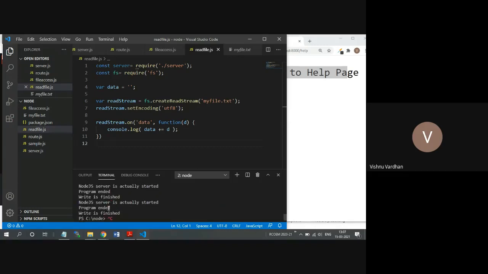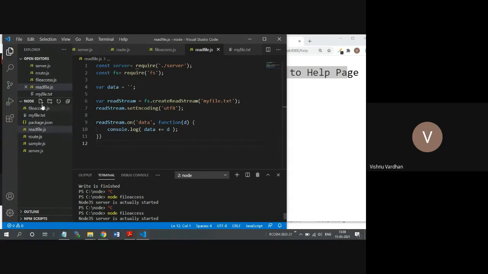Okay, so "program ended" is actually called asynchronously, that's why "write is finished" appeared. Somewhere we have seen that example. Anyway, we are going to do it exclusively in another example. So let us start with that example.